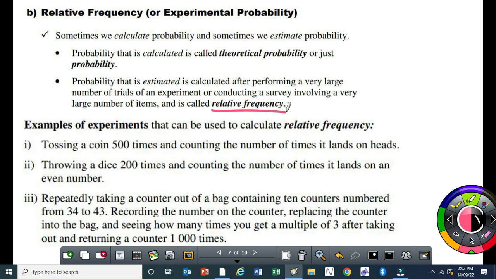Okay? So theoretical probability, you get it by calculation. Relative frequency, you have to carry out an experiment which involves a large number of trials or a large sample. Then you estimate the probability of that specific event. Okay? So you can read here. But for your curriculum, you are going to encounter theoretical probability more than relative frequency. Your curriculum does not focus more on relative frequency, it's mainly theoretical probability. Okay, so what I'm going to do